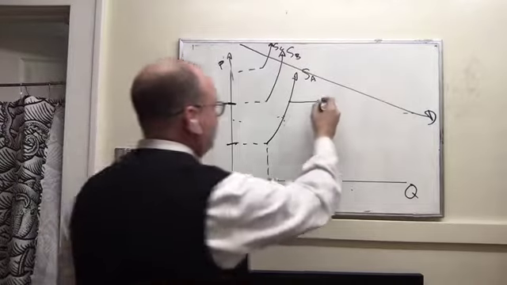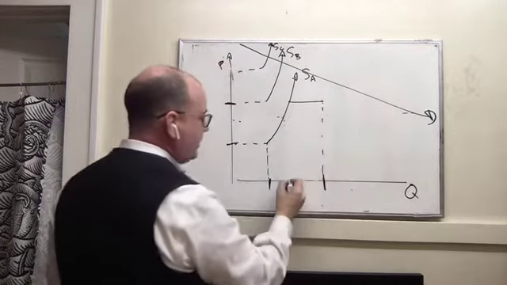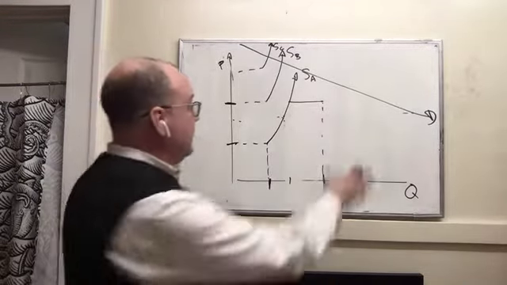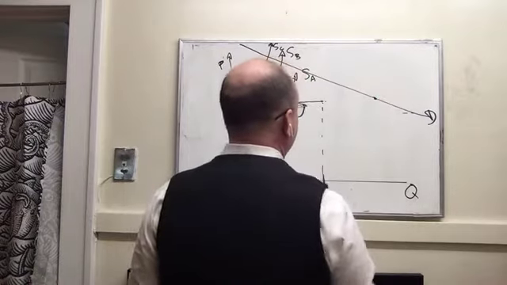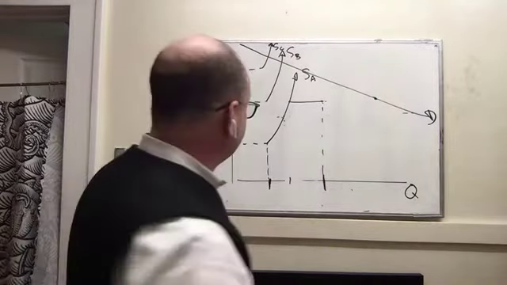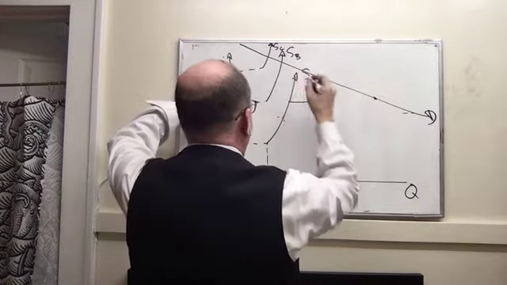And what do we have? Here would be our aggregate quantity supplied. This would be the quantity supplied by firm A. This would be the quantity supplied by firm B. But we still have, here would be our quantity demanded at that price. And so we would expect the price to rise. And so when the price rises to here, let's see here.